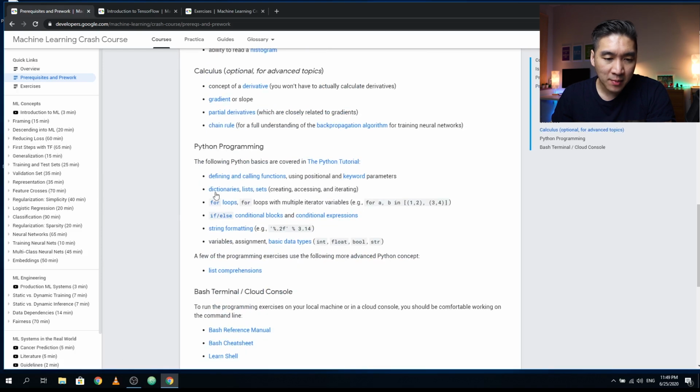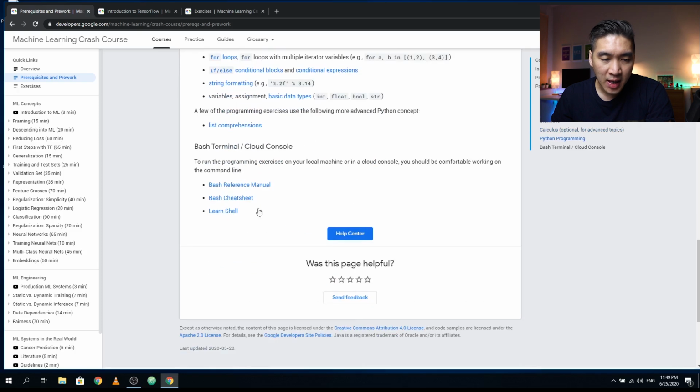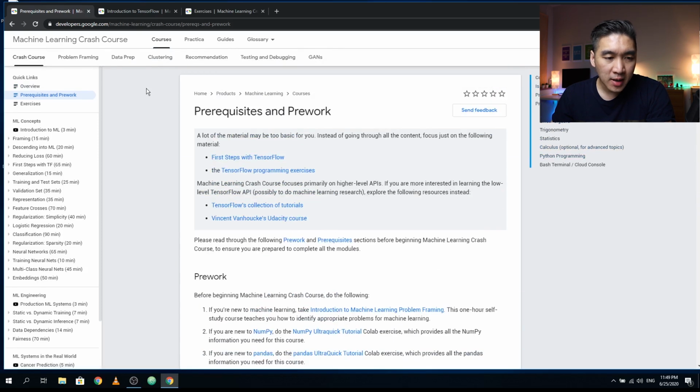Like in Python programming, knowing how to define and call functions, knowing how to use dictionaries, lists, and sets, using the for loop, using if-else conditionals, string formatting, assigning variables, etc., using the bash terminal. All right, so now we have taken a look at the prerequisites, and let's have a look at the exercise